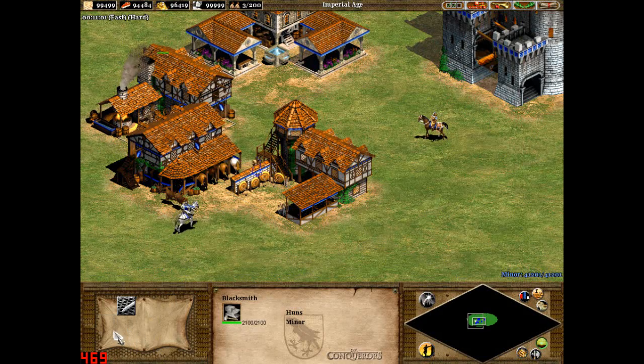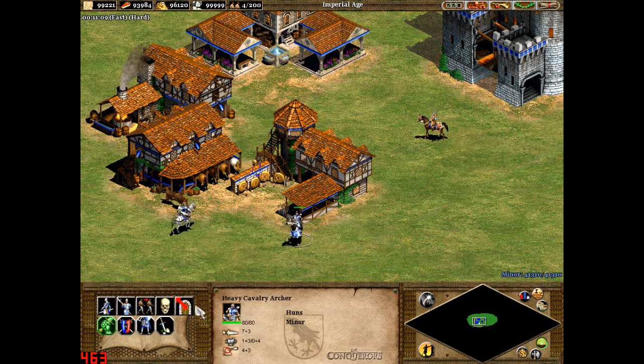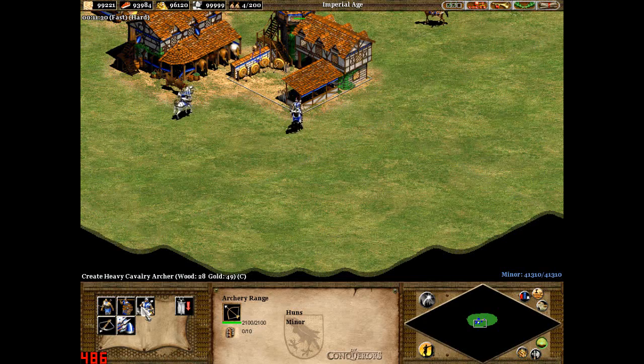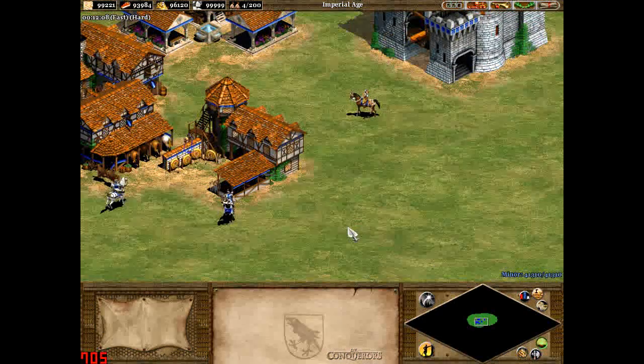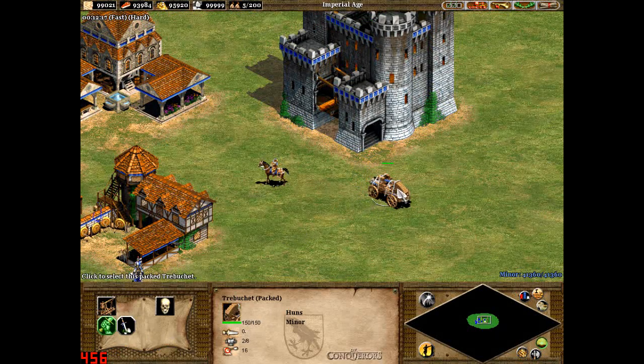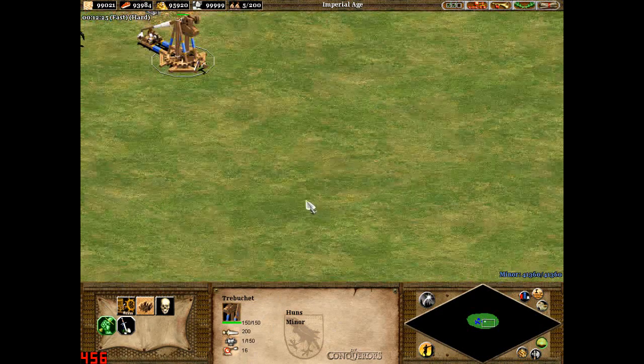So if I just get all the upgrades and get Parthian Tactics and Thumb Ring, actually Thumb Ring doesn't do anything, but 80 hit points, 10 attack, 4 armor and 7 range, and to have that at costing 28 wood and 49 gold, I would say that's pretty good. The final bonus for the Huns is that the trebuchets are 30%